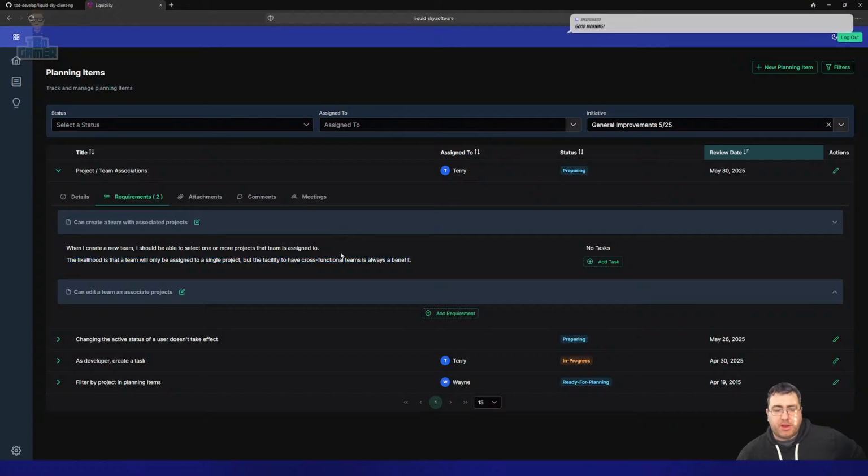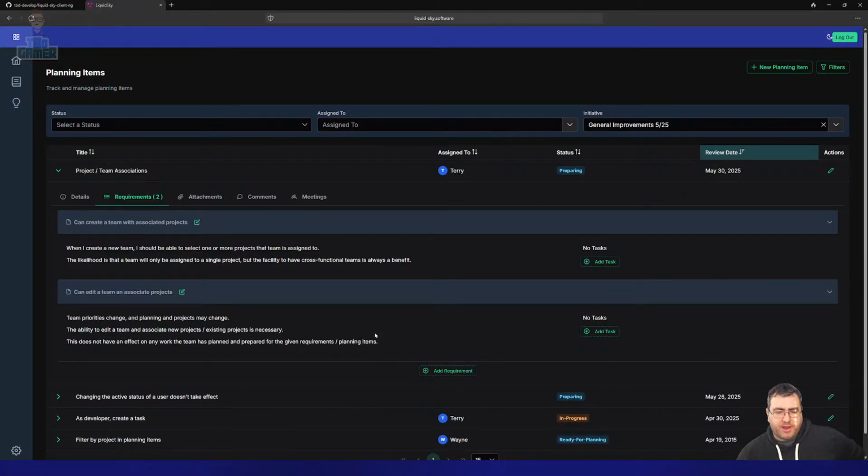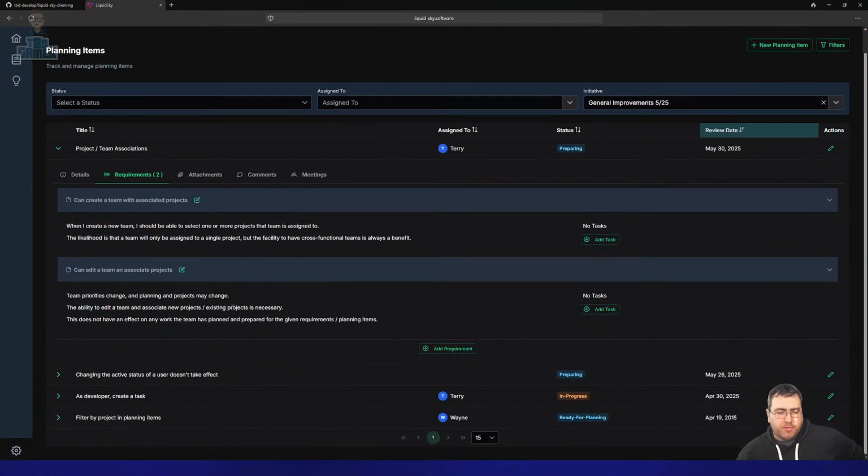However, you may be cross-functional, so removing that facility to begin with is silly. So we might as well put multi-project selection. I'm good, making progress. And then obviously you can edit a team. So again, this is starting to set up. There's not much value to this in terms of the goal, but the